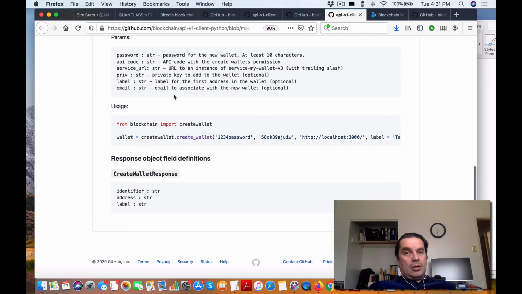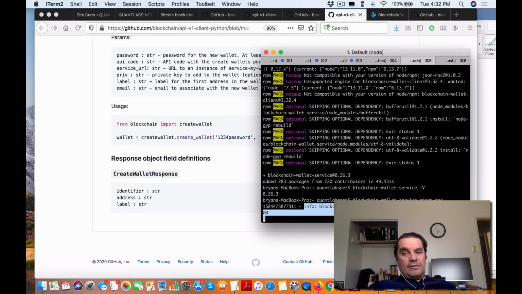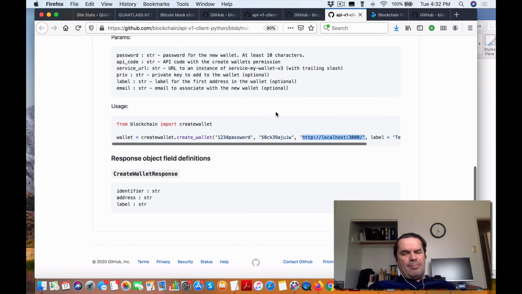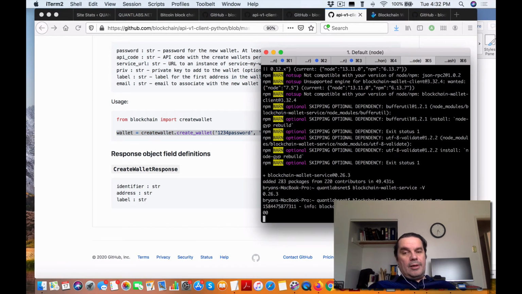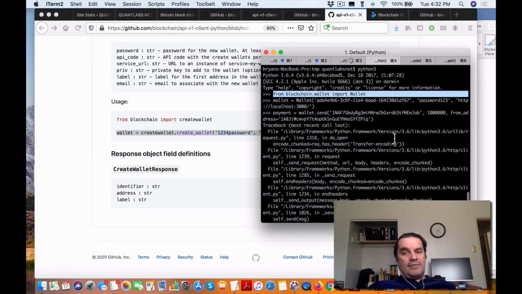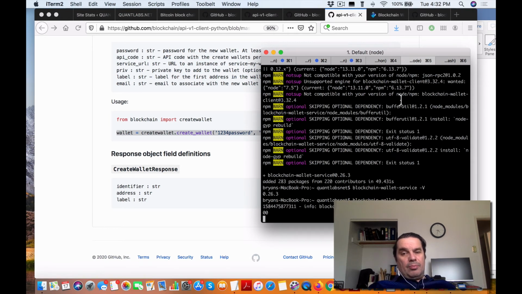That's the password, the wallet address or the wallet ID, I believe. And then the location of where the server is. So that is what I just showed you, the Java wallet server, this guy right here. So that Python, this right here, will connect into that server and then create a wallet or connect into the wallet. And then you should be able to do all the other fun stuff on the blockchain, on the Bitcoin